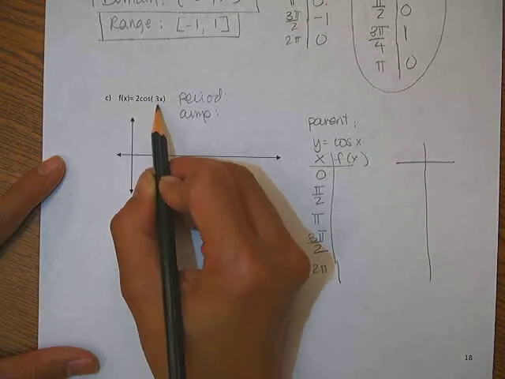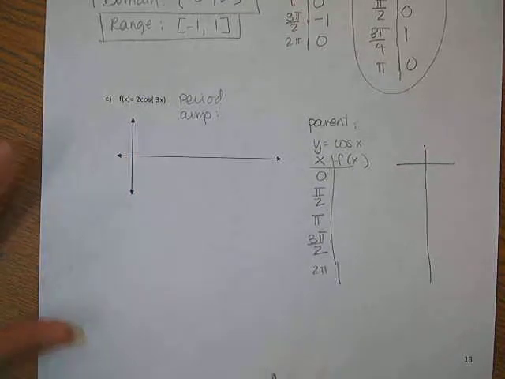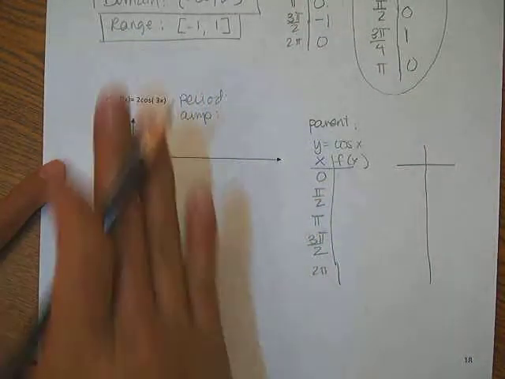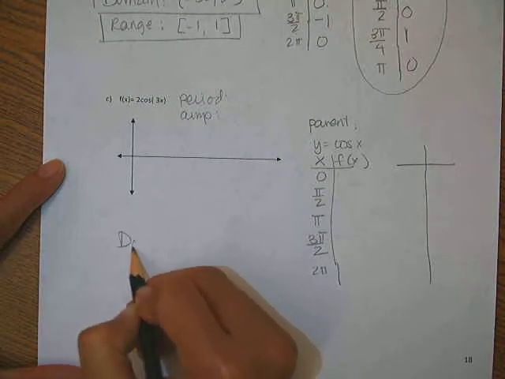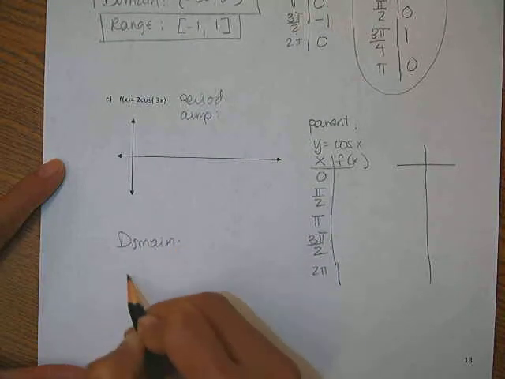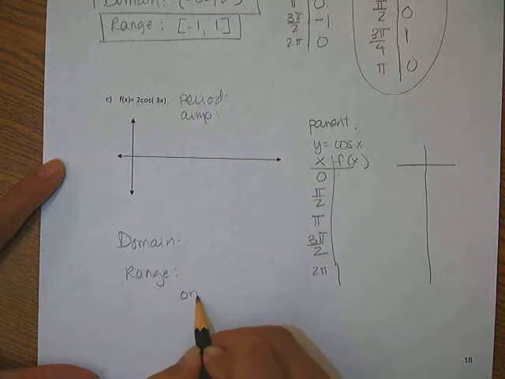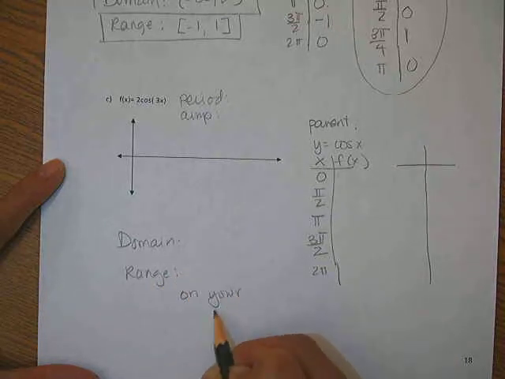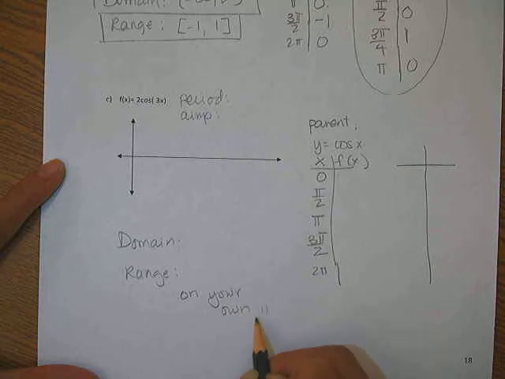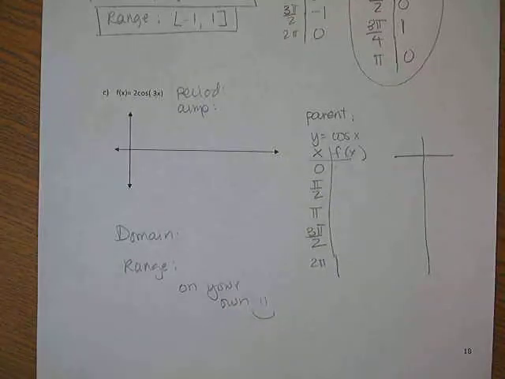This is a vertical change and this is a horizontal change, so you need to figure out what they are by looking back at A and B. And then once you're done with that, graph it out, find your domain, find your range, and you need to do this on your own. So go ahead and pause it and do it on your own,